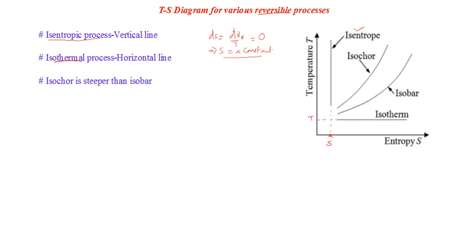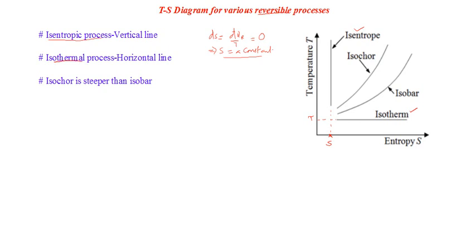Such a curve is known as an isotherm, and the other curve was named an isentrope. Isentropic is the name of the process, and isentrope is the curve. Similarly, isotherm is the constant temperature curve. Whether it is a PV diagram or a TS diagram, it will be named an isotherm.